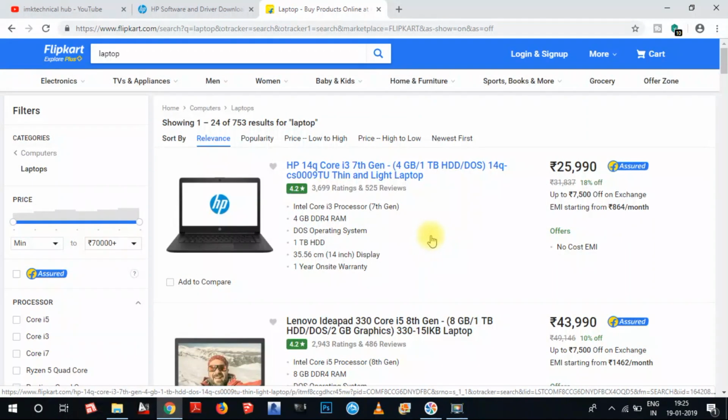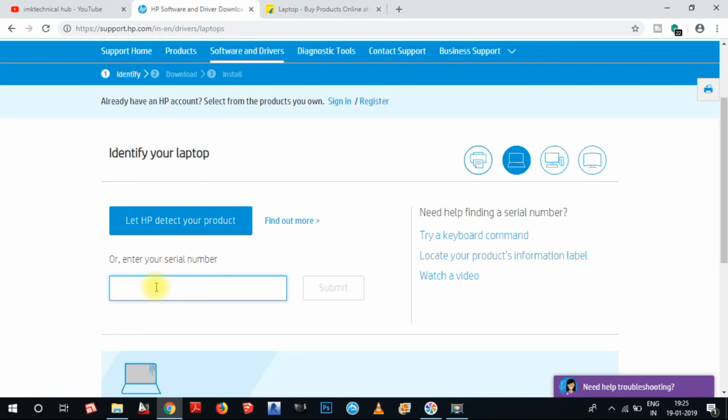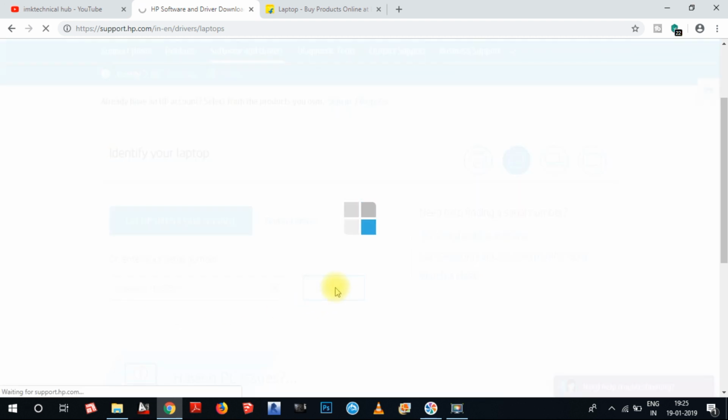For example, this is an HP product, and the product number is HP 14Q Core i3 7th generation. I am here writing my laptop, HP Pavilion 15 N003TX. I have written my product number, and you have to simply click submit